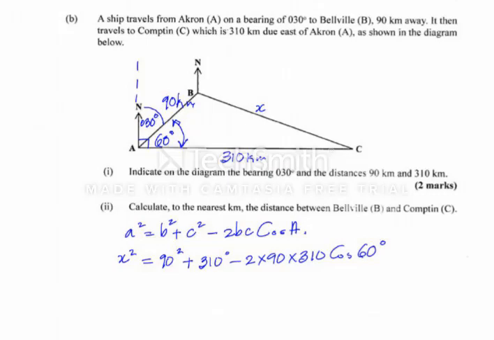So I have 90 squared plus 310 squared minus 2 times 90 times 310 times the cosine of 60 degrees. And then I press equal. So x squared is equal to